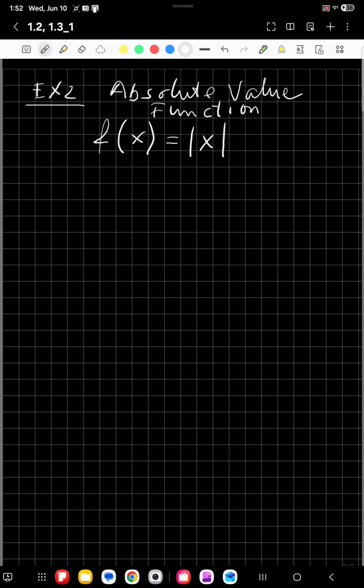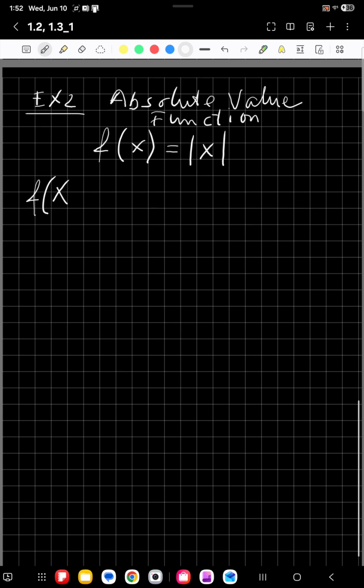All right, so that's the equation. Here's the definition. It's a fun definition. All right, f of x. So we have the absolute value of x, and it's defined like this. It's defined using a piecewise function. The absolute value of x is x